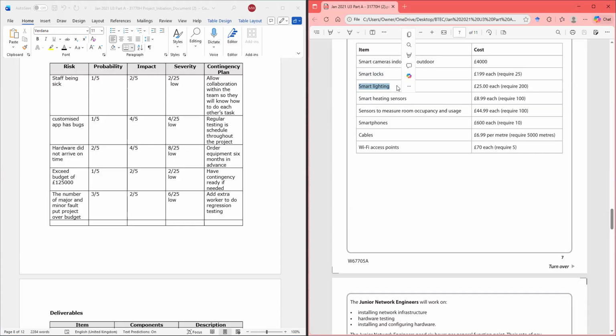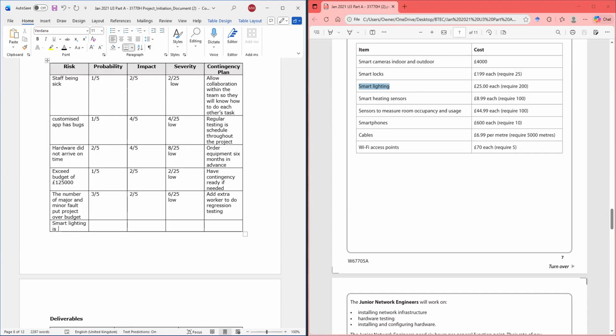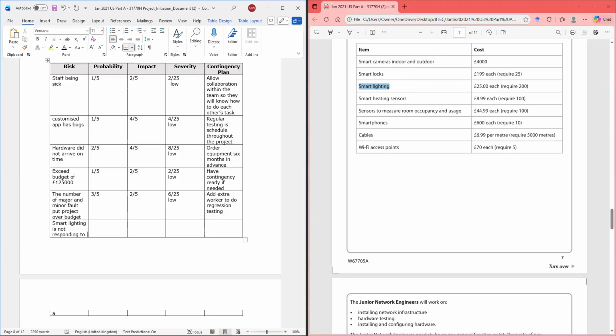So if we do smart lighting, Control C, is not responding to automation.